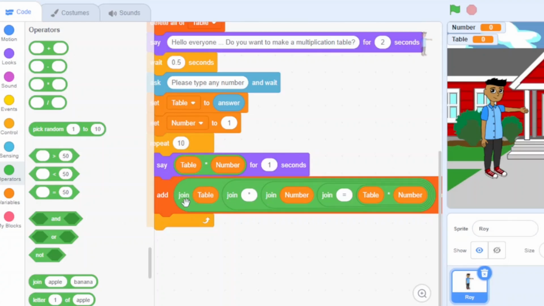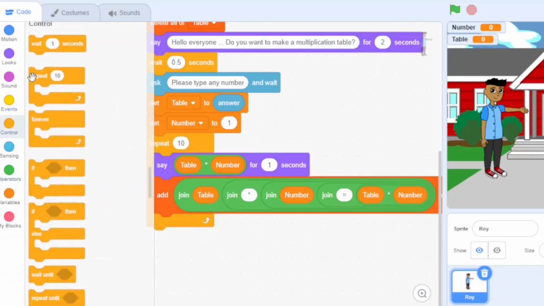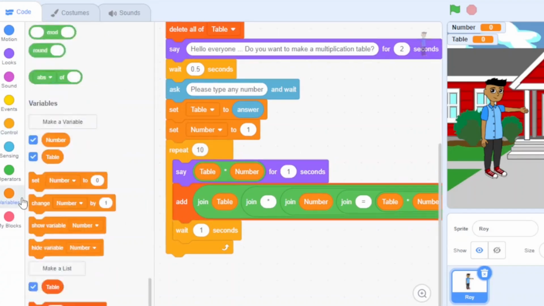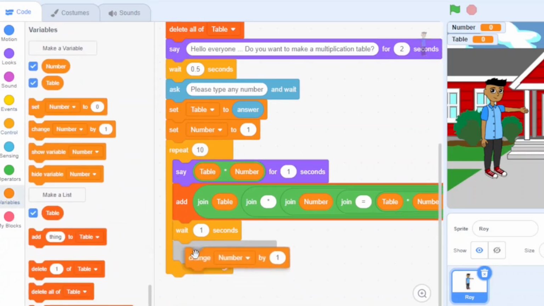And then again 2 multiplied by 2 because it is repeating 10 times. Multiplied by 1 to multiply by 10, it will repeat 10 times. And after this, it will wait for 1 second and then variables change number by 1.